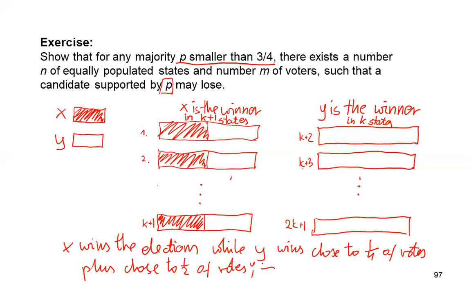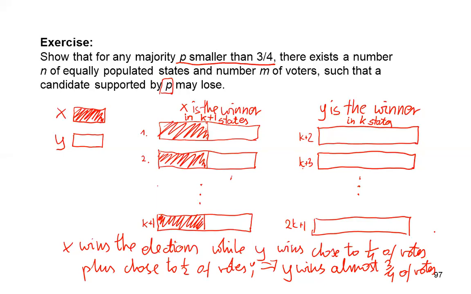So this means that Y wins almost 3/4 of votes. Why almost? Well, we are not going into the mathematical details, but with this setup, we cannot reach 3/4, but we can do this for any number smaller than 3/4, with a sufficient, large number of states and